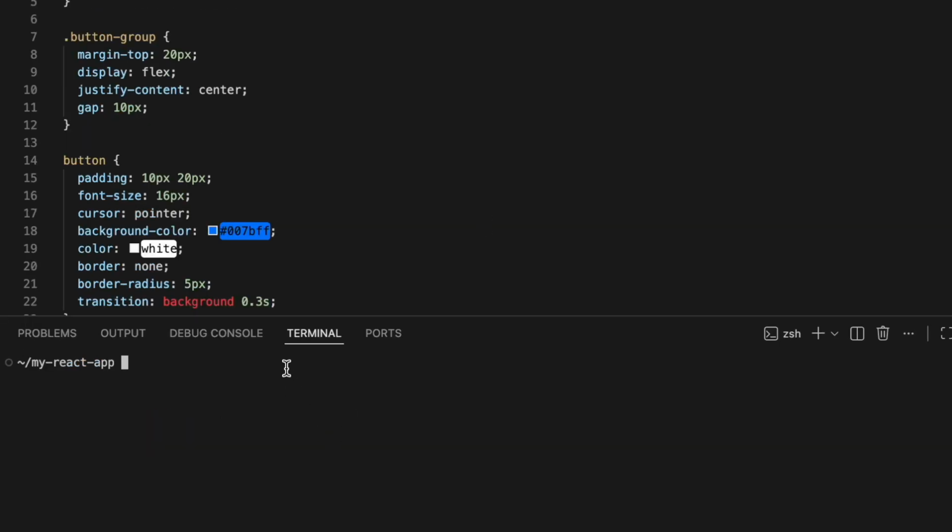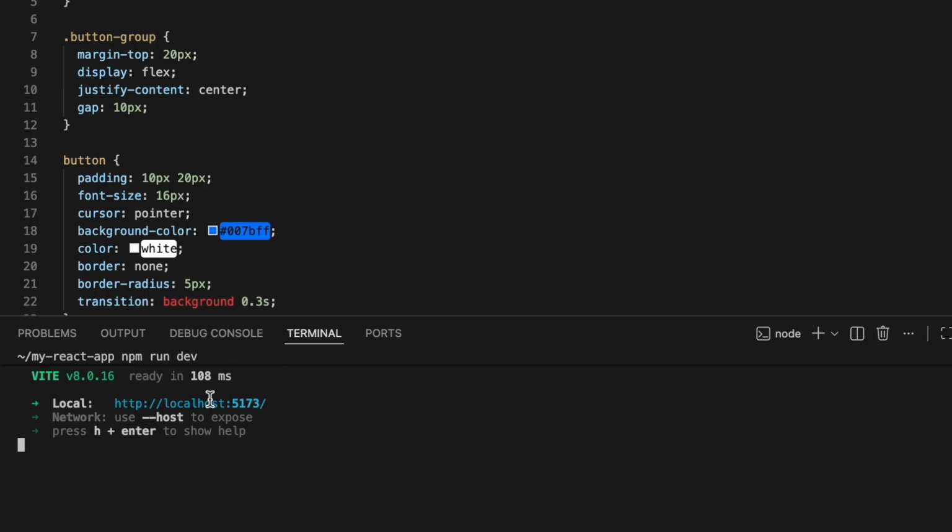Now we will run our React application and test everything in the browser. Open your terminal and make sure you are inside your project folder. Then run the command npm run dev to start the development server. After running this command, Vite will compile your project and give you a local development URL, usually http://localhost:5173. Now open your browser and go to